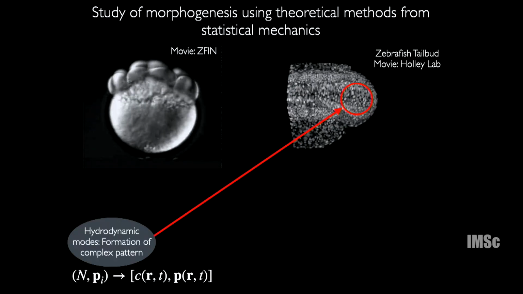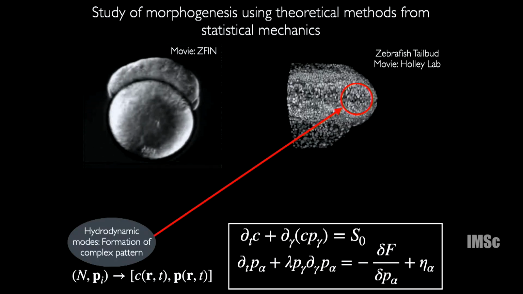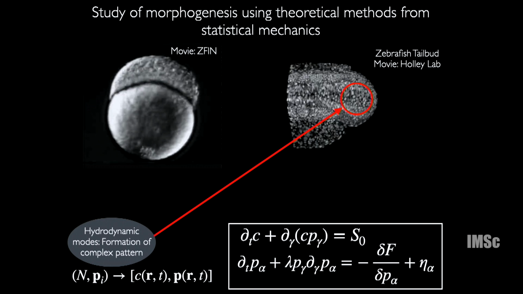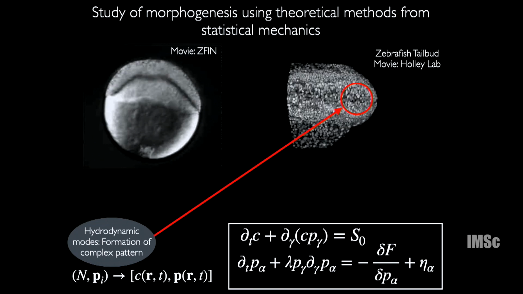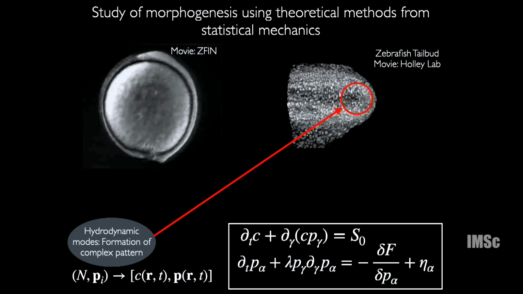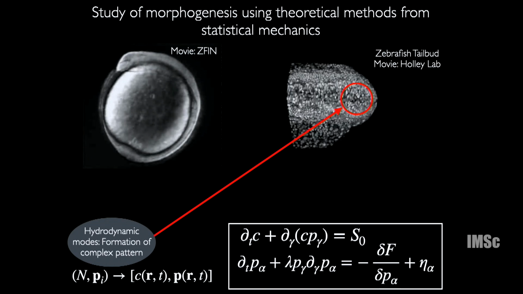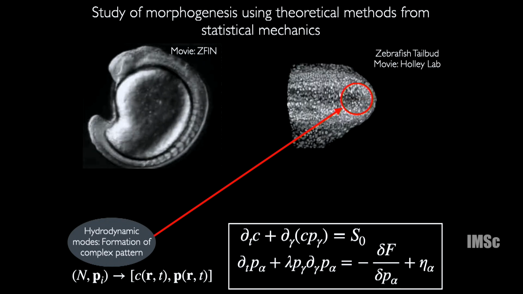The various symbols over there, what is C, what is P? So again, this is just a representative equation. What I'm saying is, in the microscopic picture, I have say n cells, and each of them had some polarity P. So what I'm doing is I'm coarse graining this. I have a density field which is C, and I have a coarse grained polarity field which is now